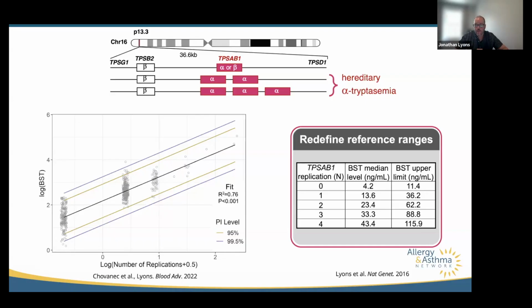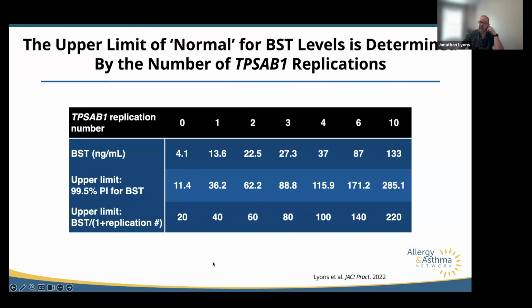Importantly, if you have one extra copy of tryptase, your upper limit is close to 40. If you have two, it's close to 60. If you have three, it's close to 80 or 90. Four, it's 100, 120, although the sample size is quite small once you get that far out. So there probably is some more variability in those data than we realize. But it's important because this would alter that 20 level as to what should be the upper limit of normal